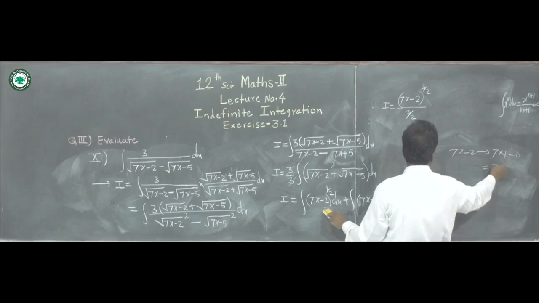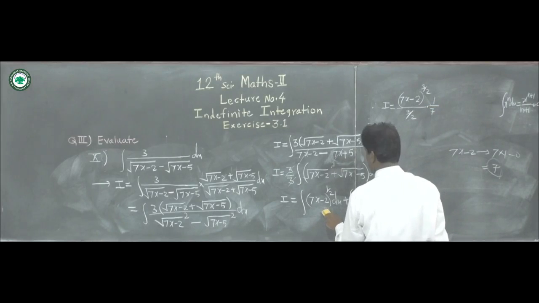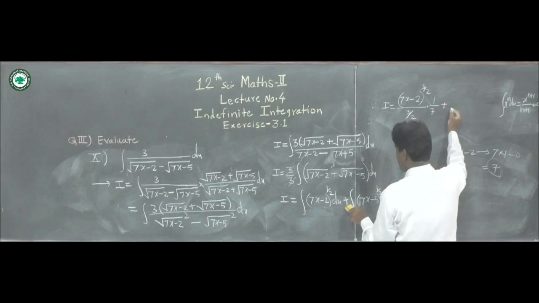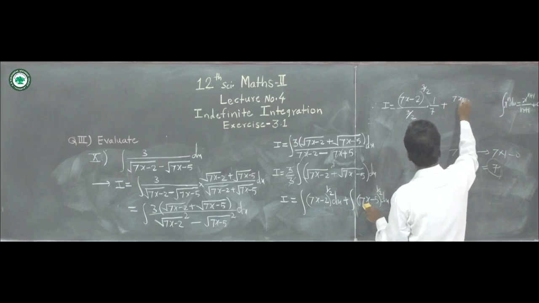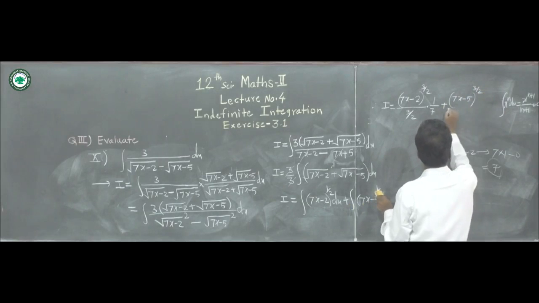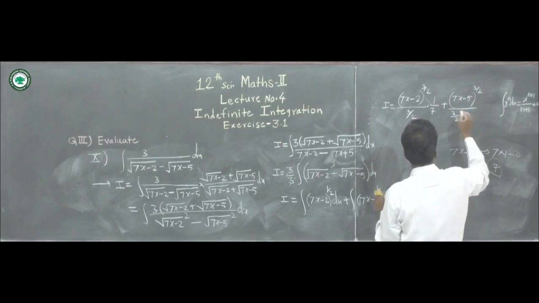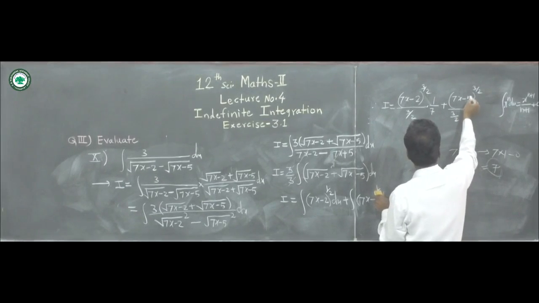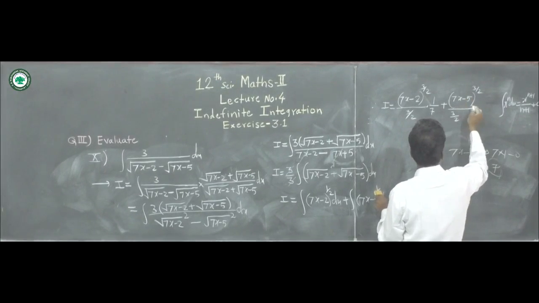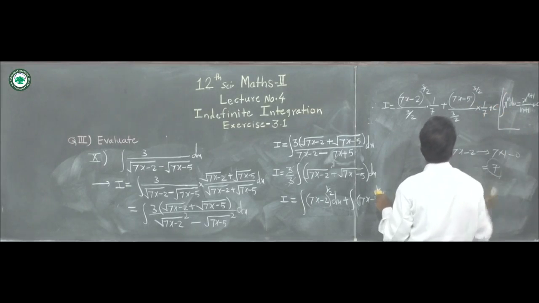So it is equal to 7. So divide this 7 to this term. So we write here into 1 upon 7, 1 upon 7 plus here this (7x minus 5) to the power 1/2 plus 1, that is 3 by 2, divided by same number, that is 3 by 2, and divide the derivative of 7x minus 5, that is 7, and we write here into 1 upon 7 plus constant of integration. Get it?